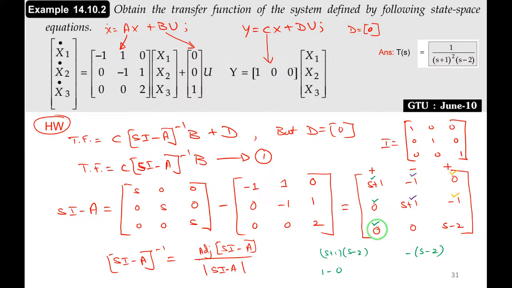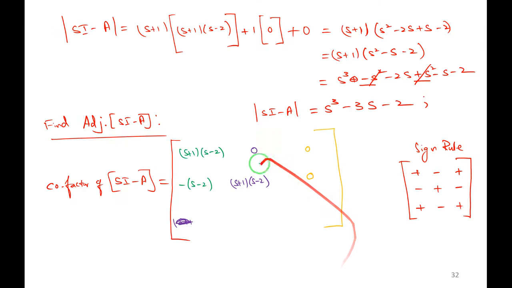The cofactor of this means leave this row and leave this column. Minus 1 into minus 1 is plus 1, right? So minus 0 plus 1, and this is 0. 1 minus 0 is 1. I am getting 1 for this one. Next,